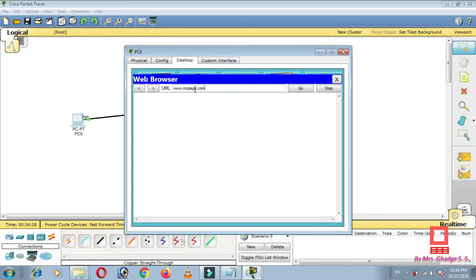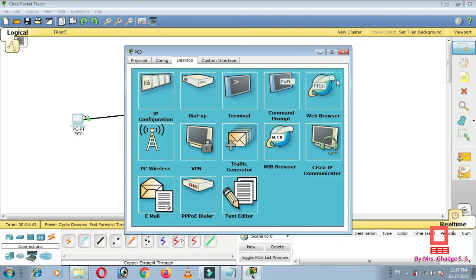Okay, and click on enter. Okay, so here we will not get any output, or here we will just get the blank window, because we have not configured this URL. Let us see how we are going to configure this.